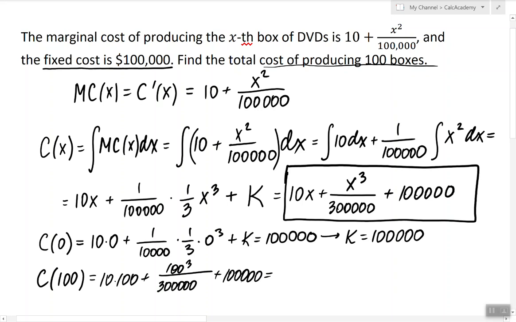So simplifying everything here, what do we have? 10 times 100 is 1000. 100 cubed is 1 million. 1 million divided by 300,000 is, so reducing all the zeros, the same as 10/3. So basically the answer is